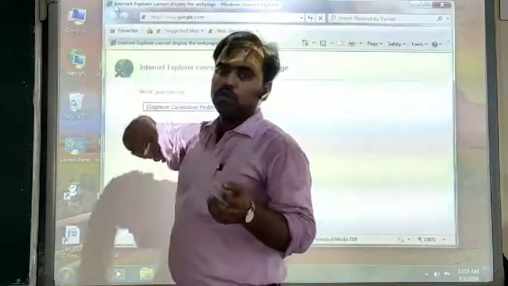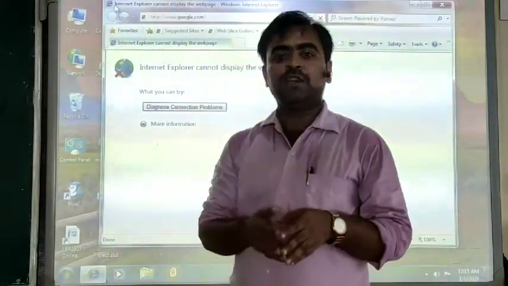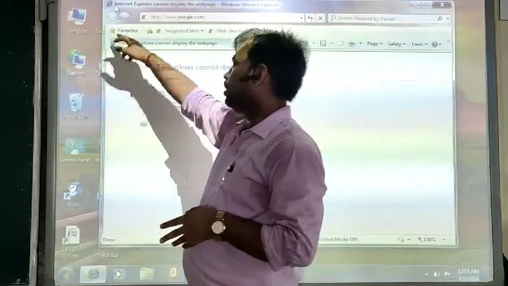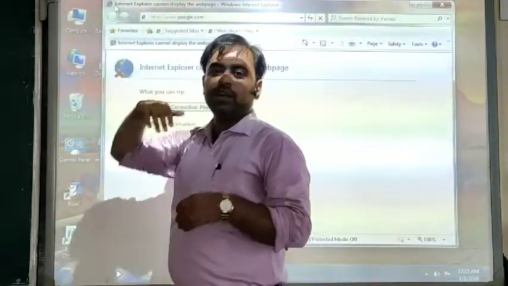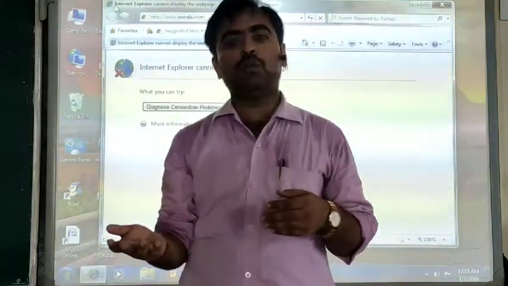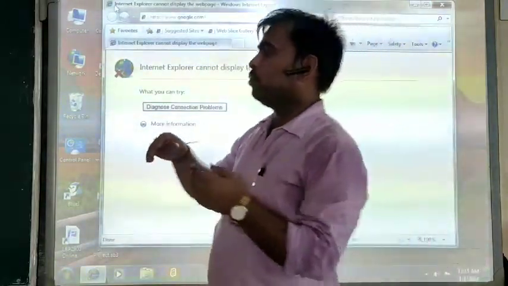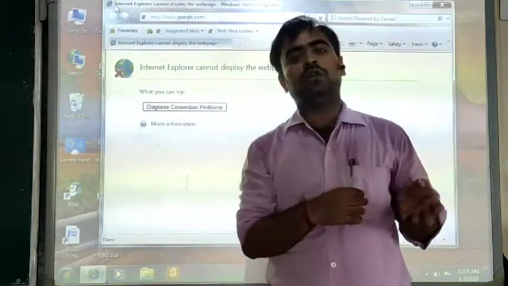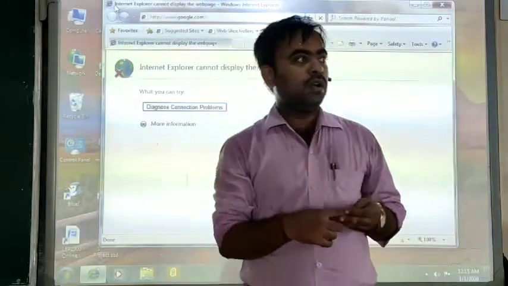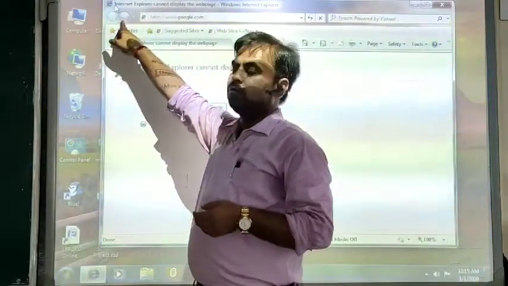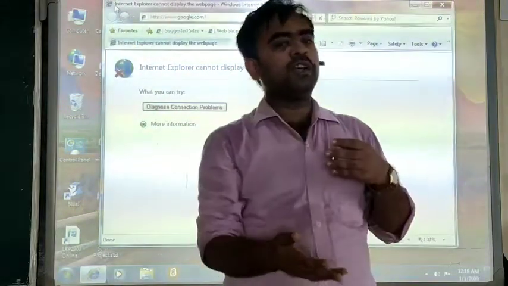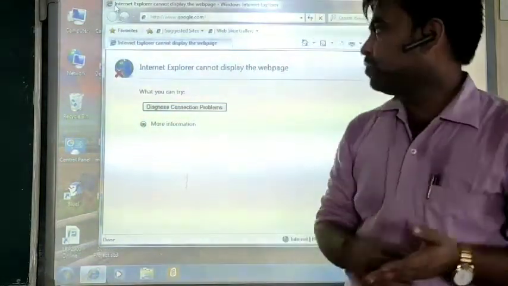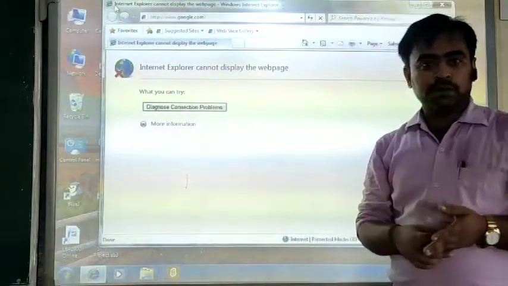If you suddenly want to go back to the last page you opened, you can directly click on the back button and it will take you back to the previously opened page. Or if you want to move to the next page of the website, you can directly click on the forward button which will take you to the next page of the website.